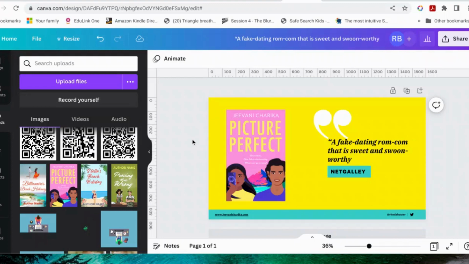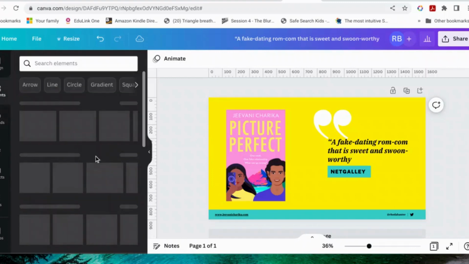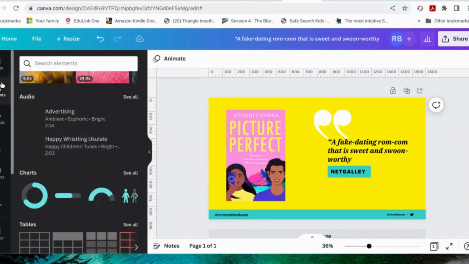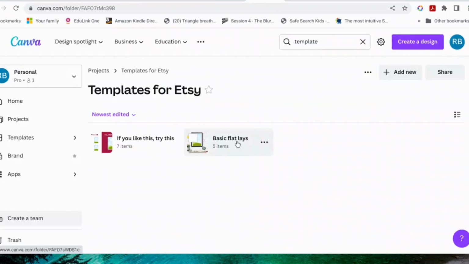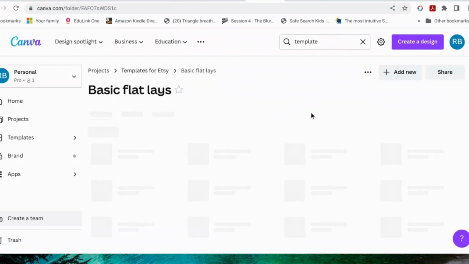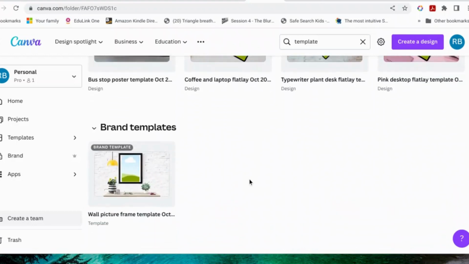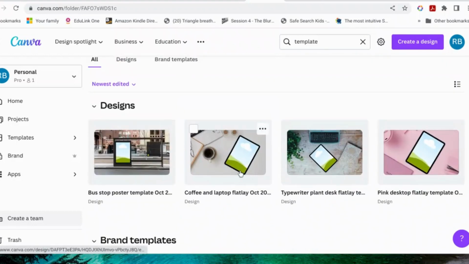You can also get these things called templates that you can buy. So there's hundreds of templates on Canva itself that you can use. Also, you can buy templates. For example, I've got a set which is for sale on Etsy, where you've got these templates like this. So what you'd have is you open the template,